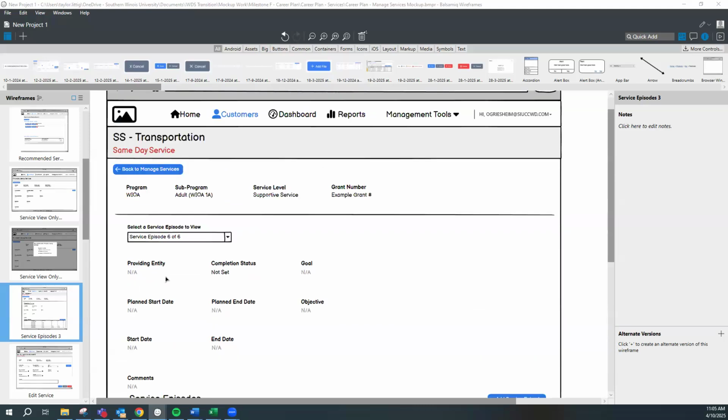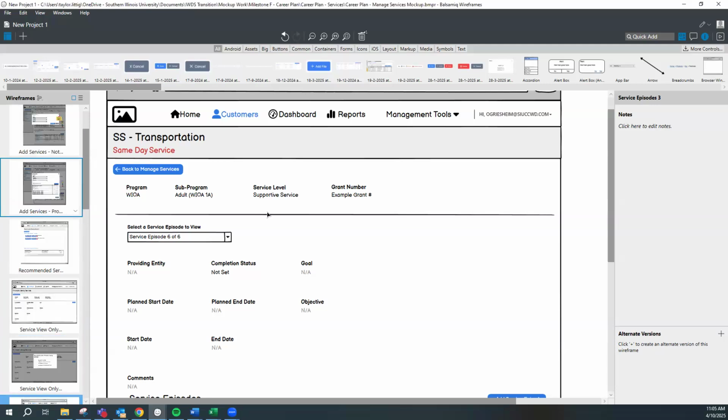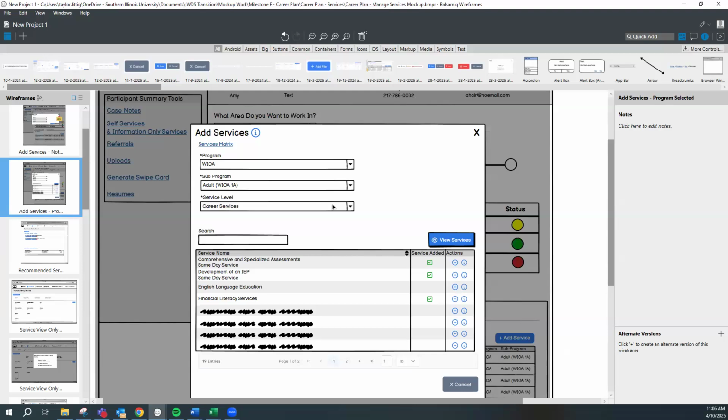Another thing to note is going back to those services that maybe your LOIA doesn't offer, and the only option is a referral, or you don't have a providing entity that offers that service. When we are back to this add view, we're still kind of workshopping how this will look. But what we want to do here is if you don't have a service available in your LOIA and the only option to provide it is a referral, then when you go to add it here, it'll likely have some